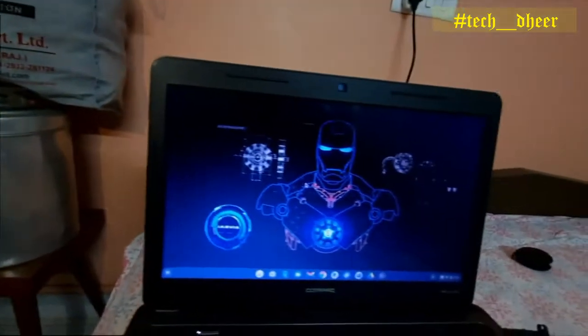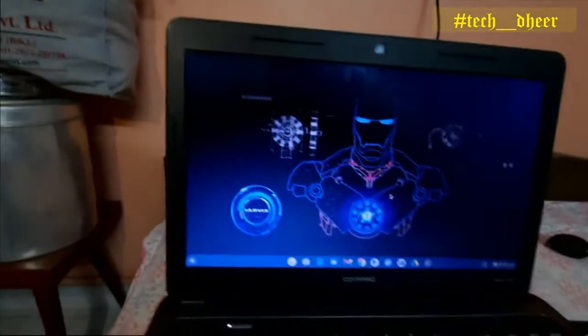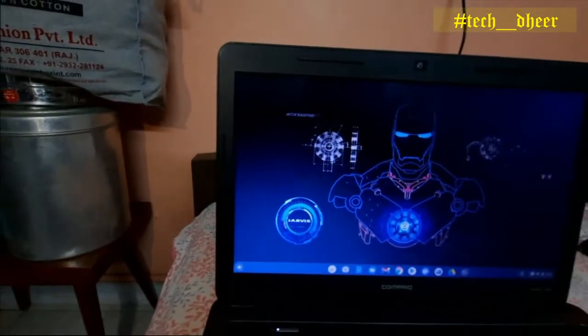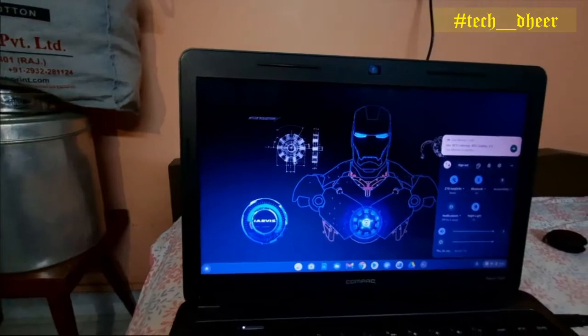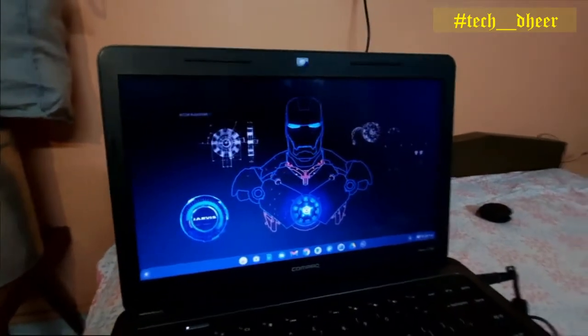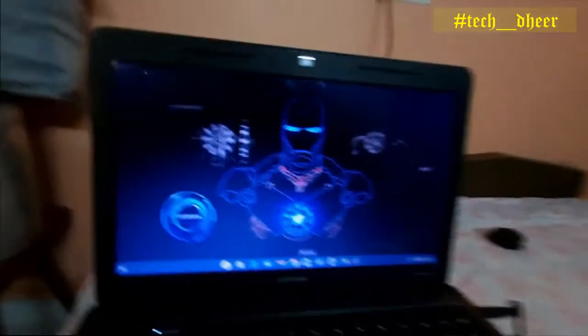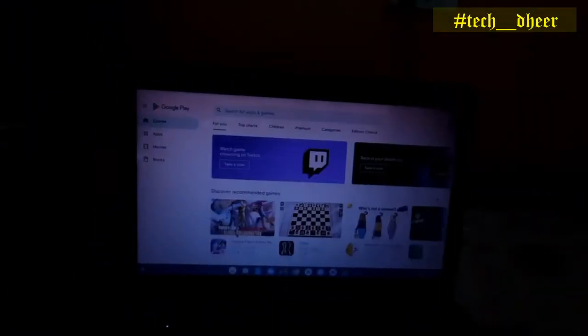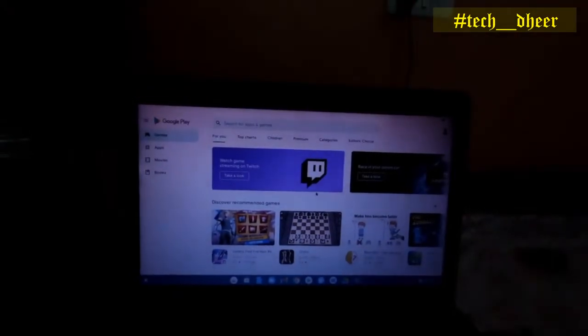And now let us see other features, like it has Google Assistant, and I think Play Store is working right now. Yeah, it's working. So I'll show you the Play Store also. It's just like a mobile phone. I'll start it up, and now you can see the Play Store. It's completely working, and I can install anything over here, any apps, any games.